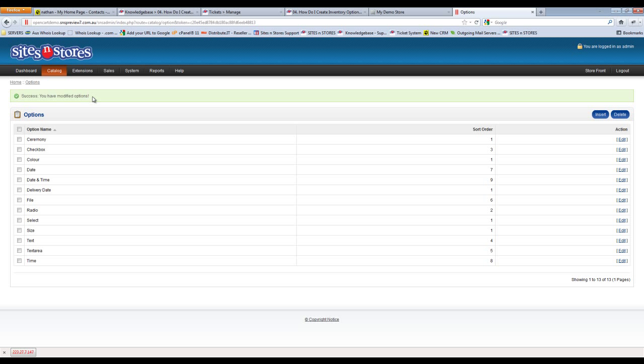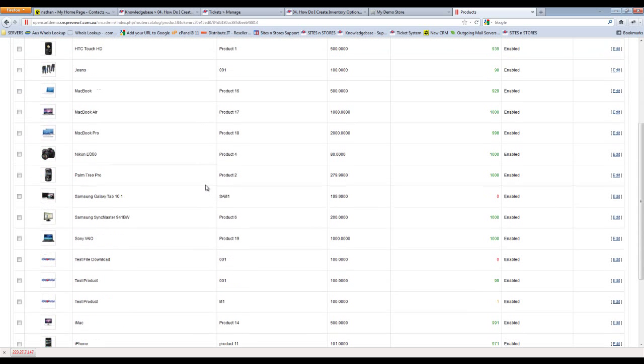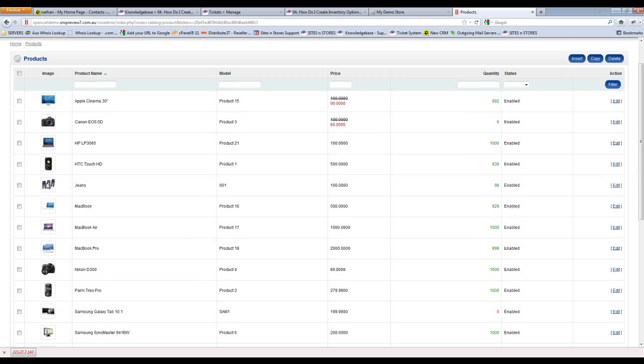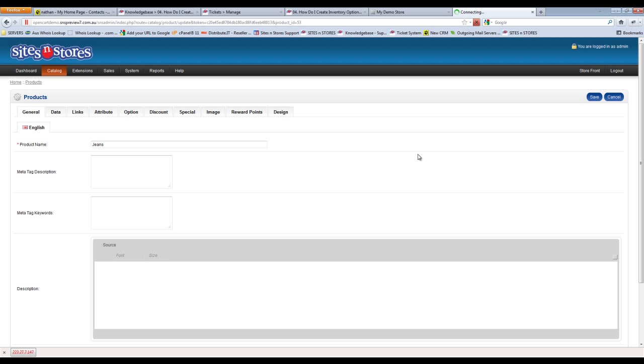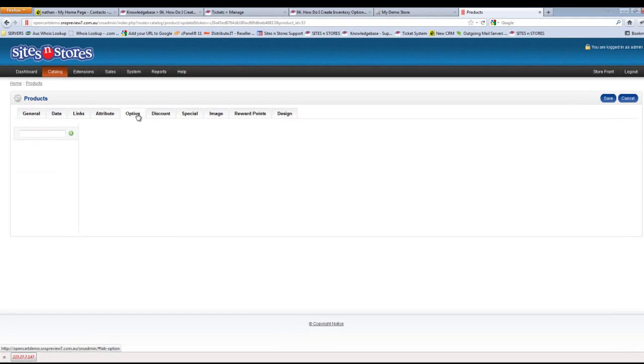So now that the option has been created, we need to assign that to a product. So I'll go back into our catalogue and into our products. We'll see here we've got some jeans. Let's assign the colours to those. So we'll click the Edit button for that product. And now in the tabs across the top, about halfway across, you'll see the Option tab. So if we click on that now,